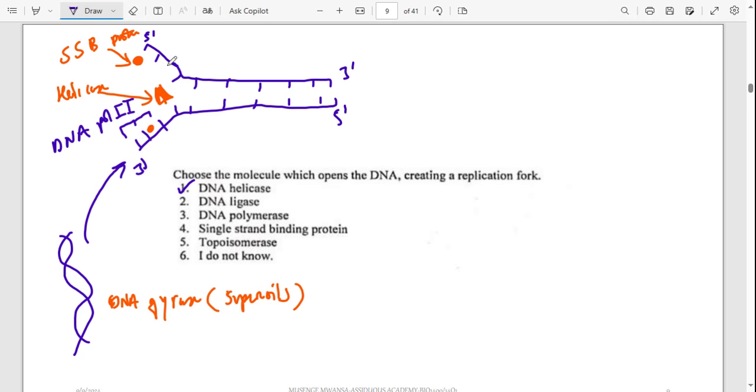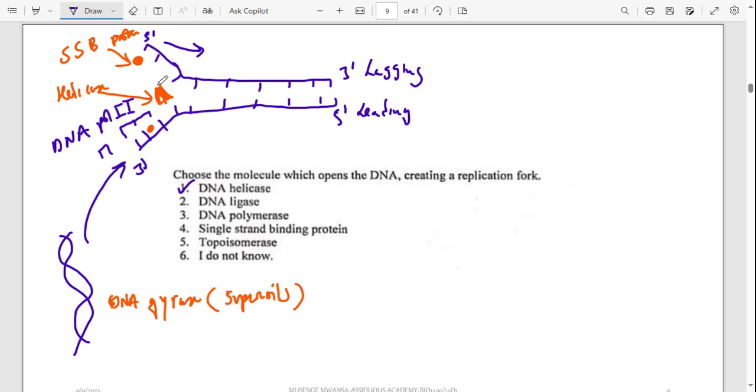And then for this strand, at the beginning we first laid down a primer before DNA polymerase can come in. A primer is basically a few groups of nucleotides. They are going to be laid down by what we call RNA primase. Primase is an RNA molecule. It will lay down a primer, and then DNA polymerase can continue. So this strand, running from 3 prime to 5 prime, is known as the leading strand. The one running from 5 prime to 3 prime is known as the lagging strand,